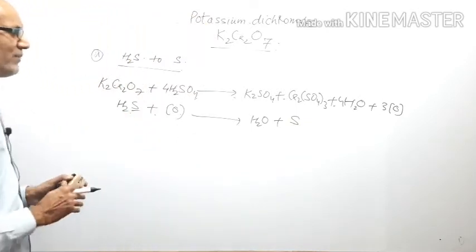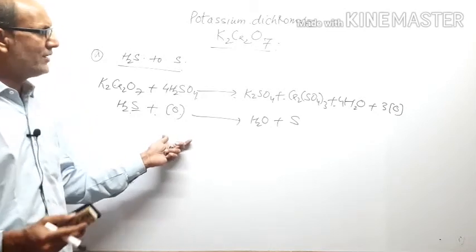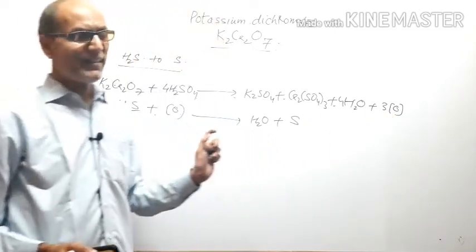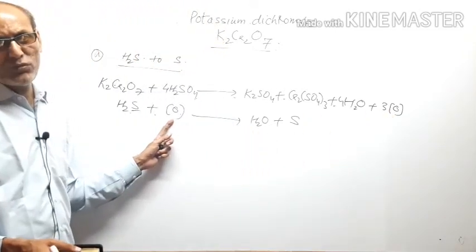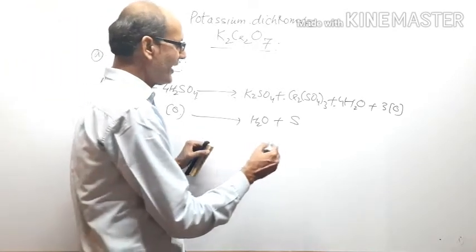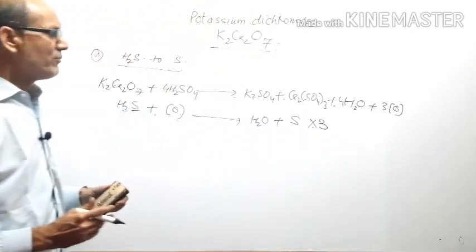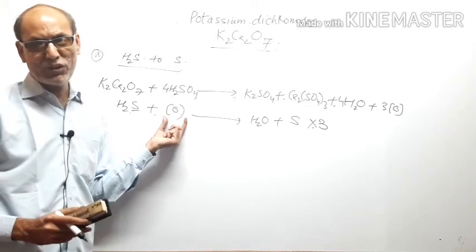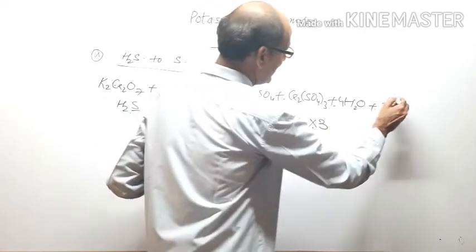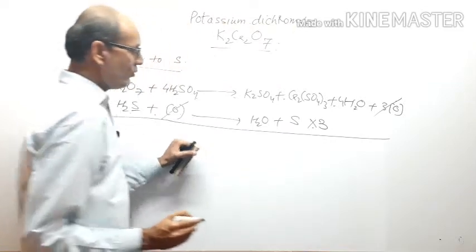The second reaction is balanced, but what you are seeing is that in the first reaction 3 nascent oxygens are produced, while in the second reaction 1 oxygen is used. So for equalizing the oxygen, we have to multiply equation number 2 by 3. When we multiply this equation, the oxygen will be 3 here, and these oxygens can cancel each other. So on writing the whole reaction